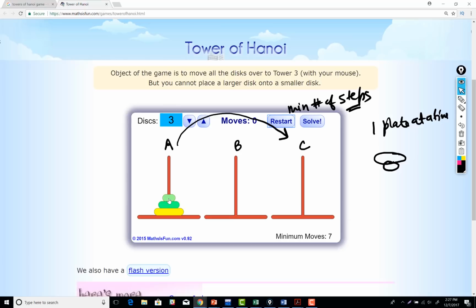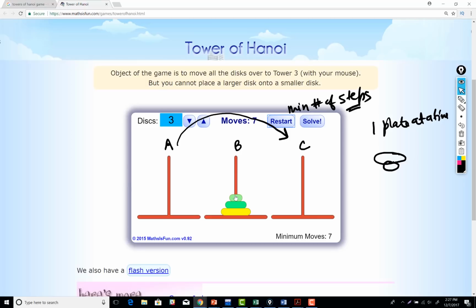Okay, I can do something like this. Put this, and then we have this on C, B, and I can have this one here, and I can have this one here. Now instead of transferring from A to C, I transferred from A to B. This took 7 steps. Then I can take 7 more steps to transfer from B